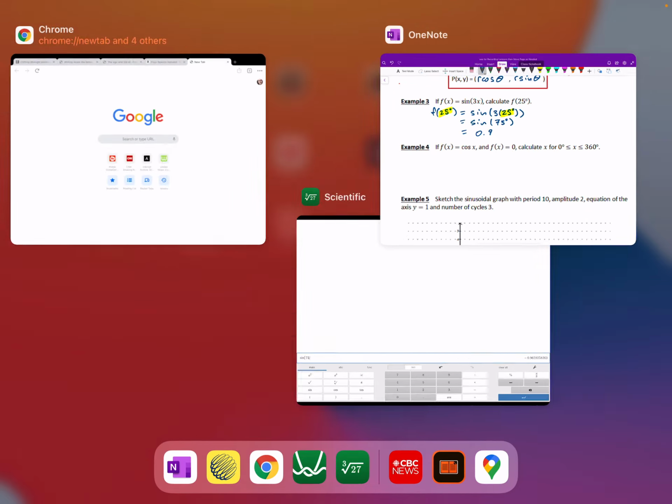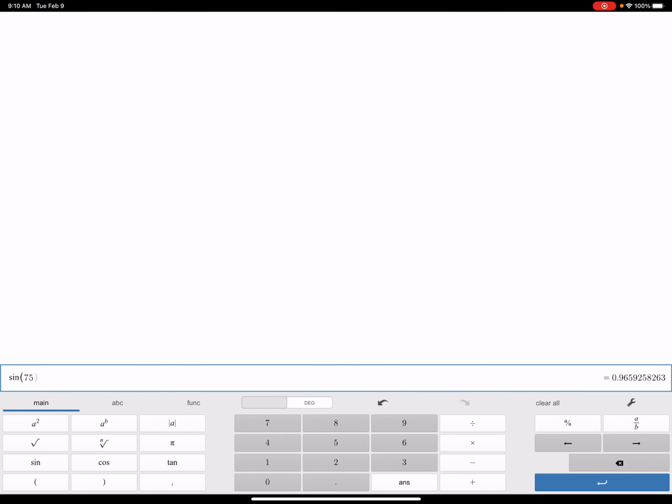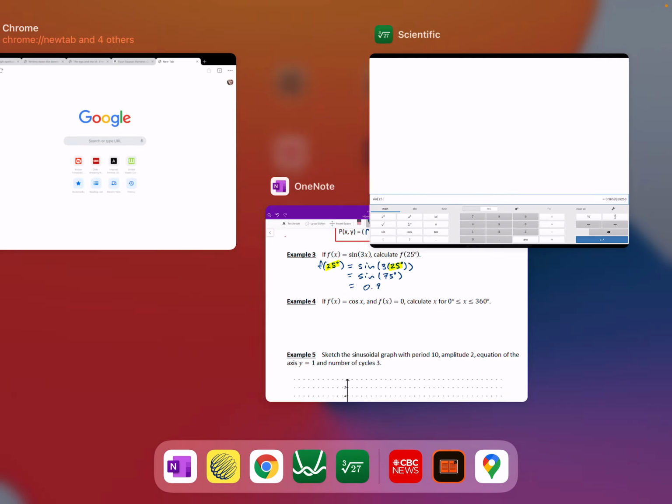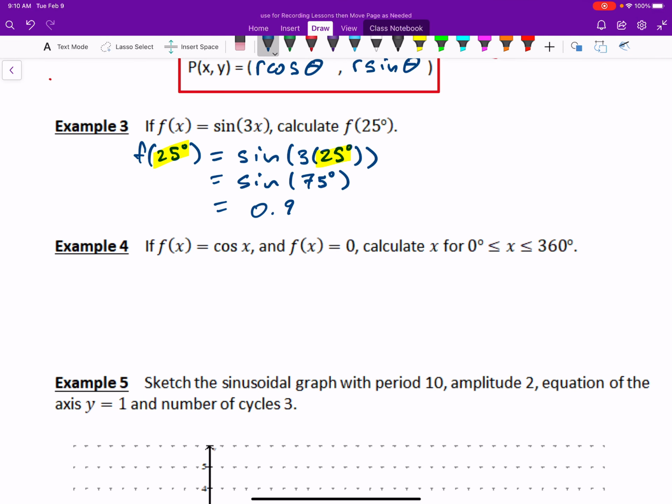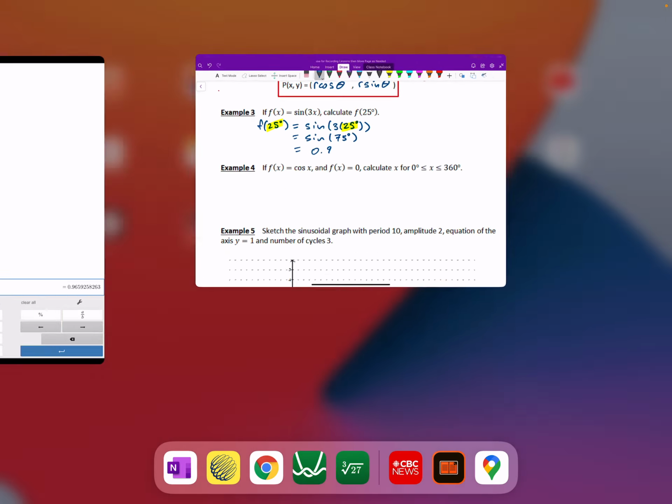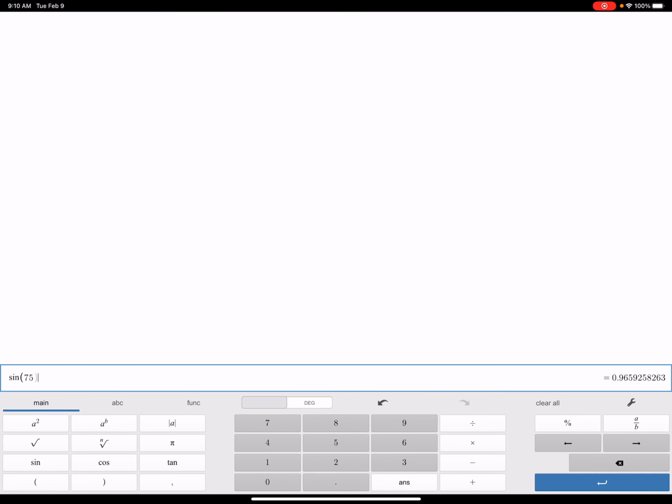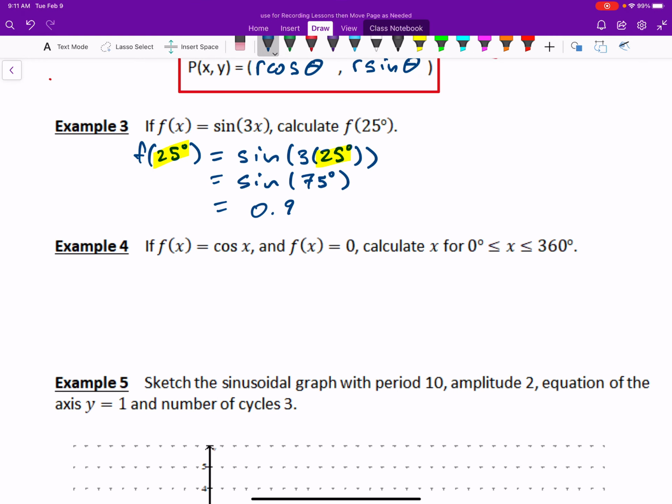Usually I go for more decimal places when I'm doing a trig ratio. Let's say 0.9660, two sixes. All right, so we can plug numbers in just like we can for any other kind of